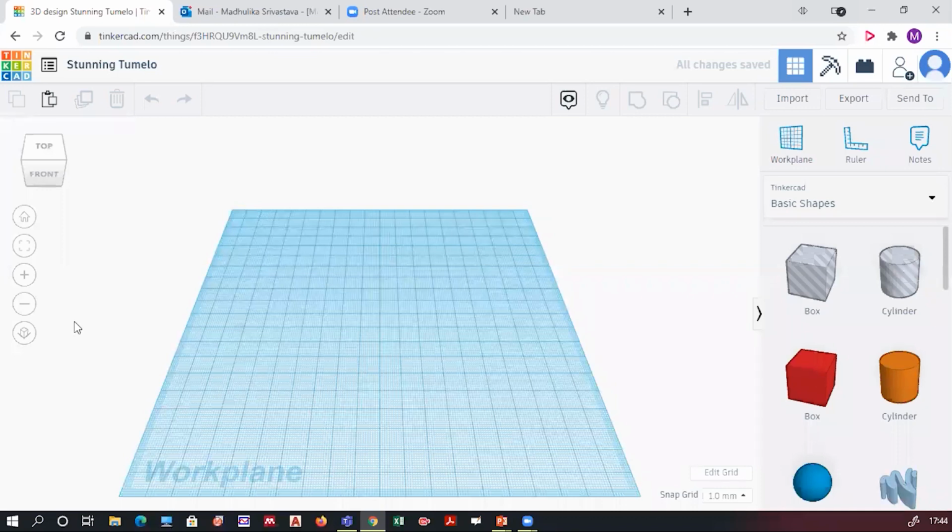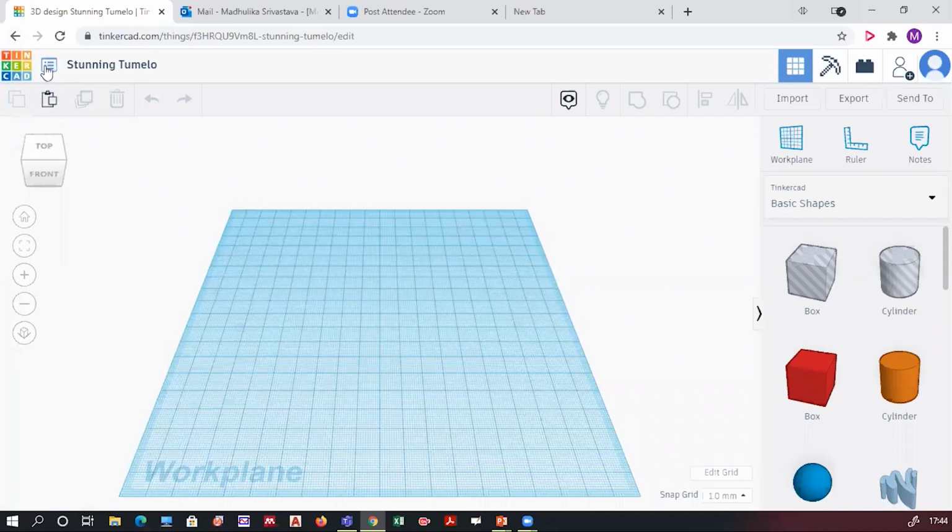So the first thing you have learned: when you click on this Tinkercad option, you will be taken back to your dashboard. Now next to this, if it's showing connection not secure, just accept it. It's secure enough. You can proceed.